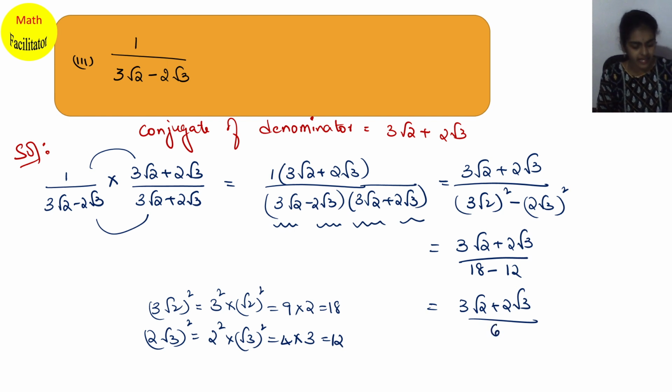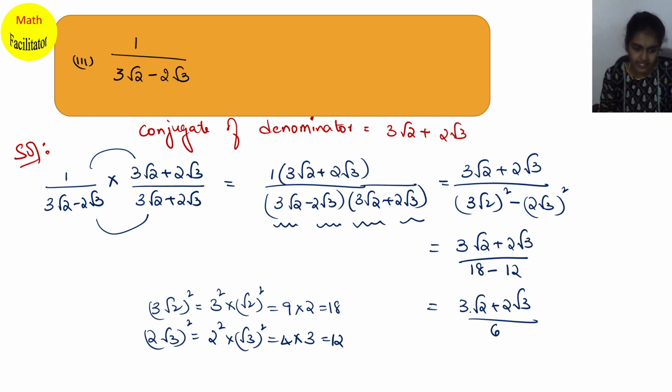Now again, one second. So this, how much are we getting? So 2 square is 4, 4 into 3 is 12. Yes, 18 minus 12, this is 6 we are getting, right? So that is equals to, now here you see, from the numerator, can I take anything common? From the numerator, yes, you can take common, but again it becomes complicated. So let us leave this answer here itself, okay?